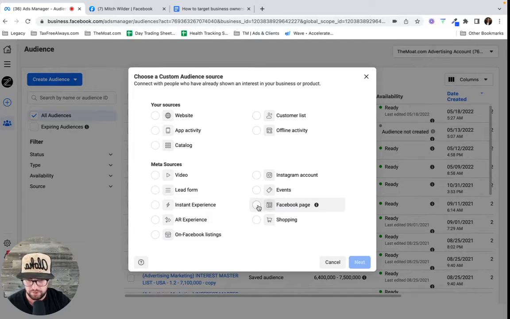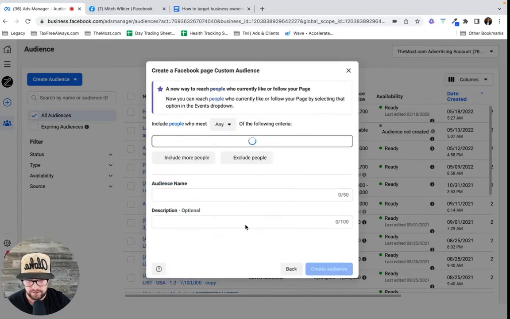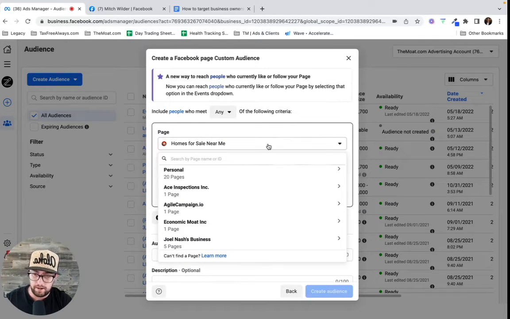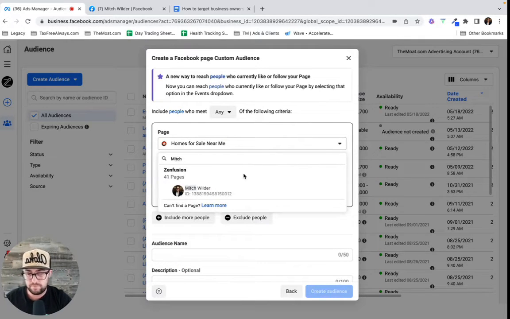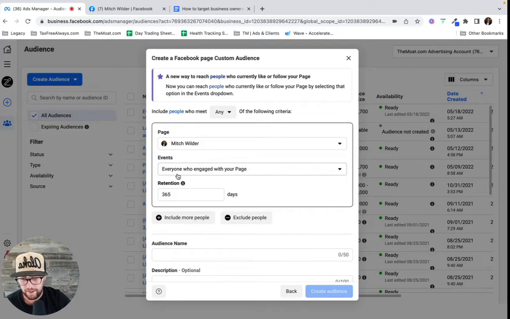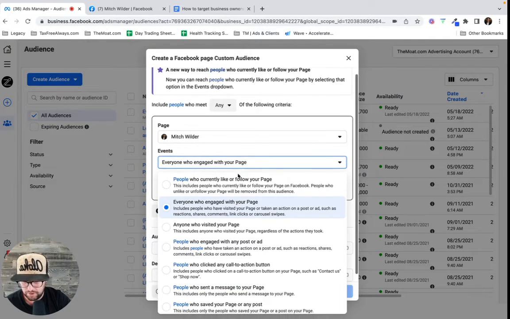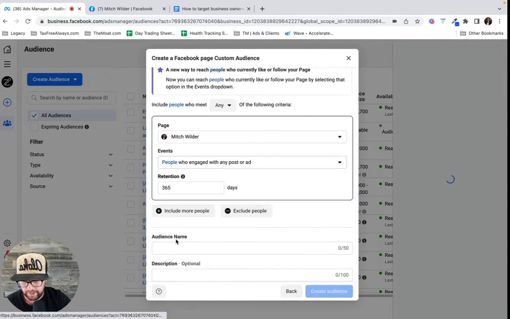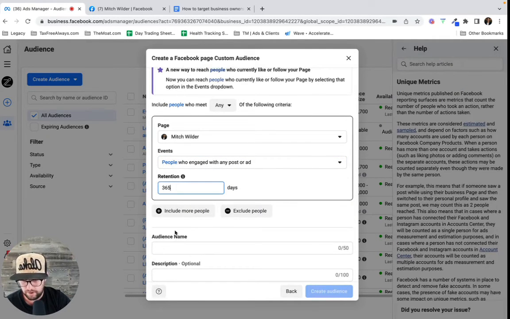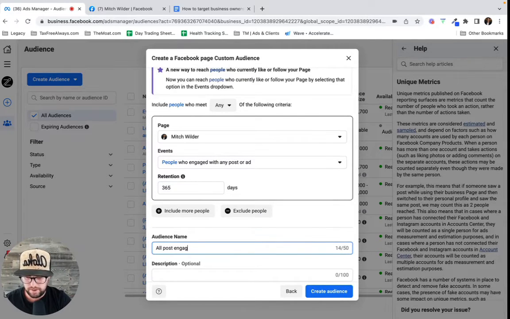The example I just showed you was Facebook. So I'm going to say Facebook page, and I'm going to select next. Then I'm going to select the page that we just looked at, and I want everybody who's engaged with my page. Okay. So anybody who's engaged with any post or ad, 365 days, all post engagement.